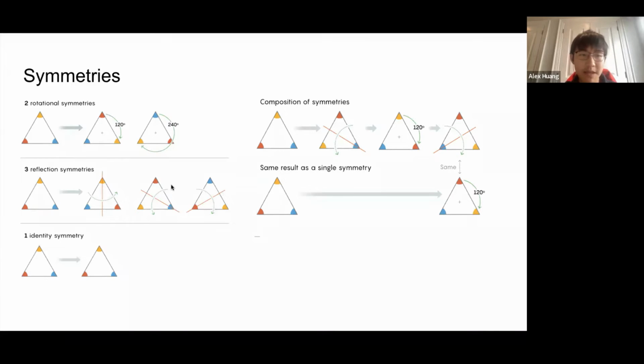And the second type is reflection symmetry, which means you can reflect across three different axes. The first axis is the perpendicular bisector of the bottom edge. The second one is the perpendicular bisector of the left edge. And the third one is the perpendicular bisector of the right edge. And by doing that, the shape of the object also doesn't change, and they look exactly